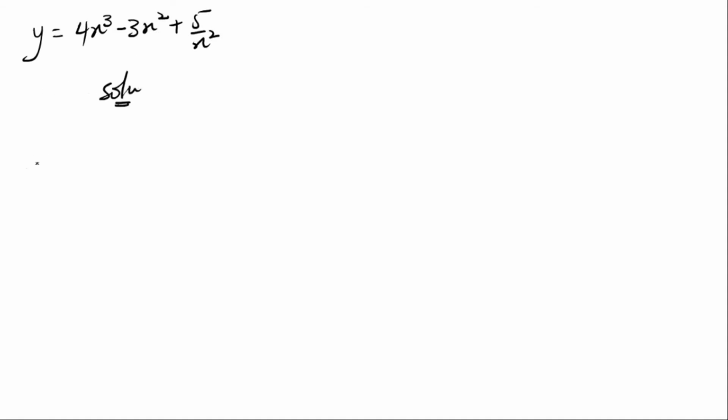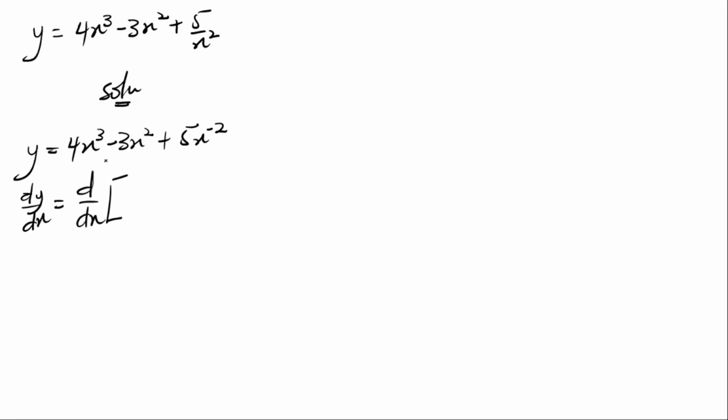Solution. So let me rewrite the entire function in a more suitable way. So we have y is equal to 4x cubed minus 3x squared plus 5x^-2. Okay, so we brought the x squared over here to the top. So if we differentiate this function, it means we are applying d/dx, that is what? d/dx of the entire function that we have over here, that is 4x cubed minus 3x squared plus 5x^-2. So it means our dy/dx becomes the differentiation of all the individual functions we have in the